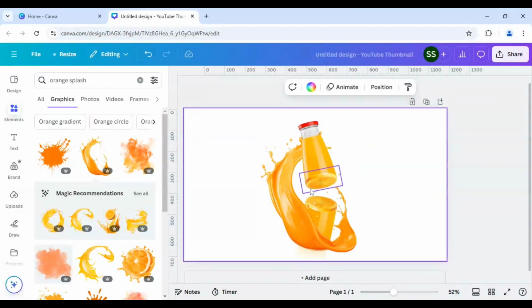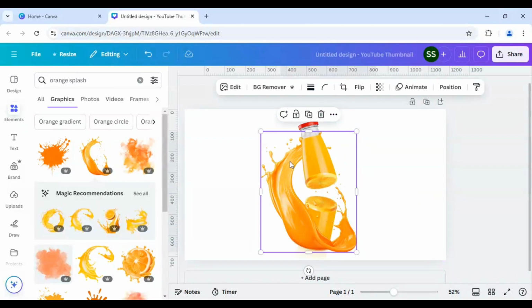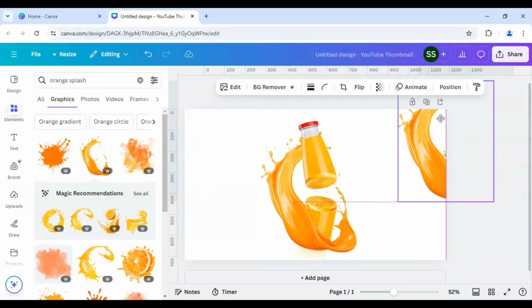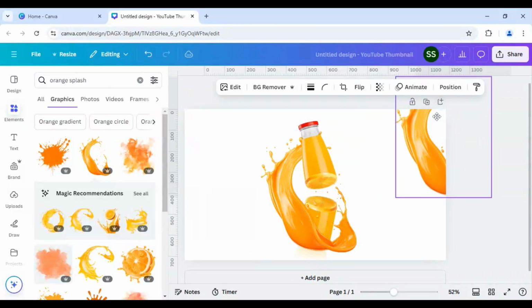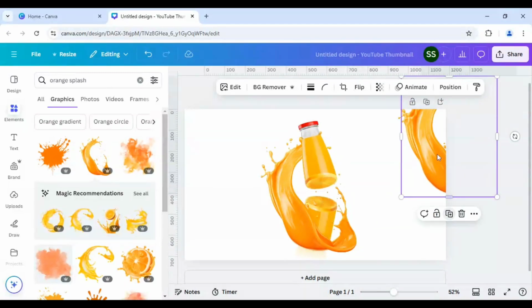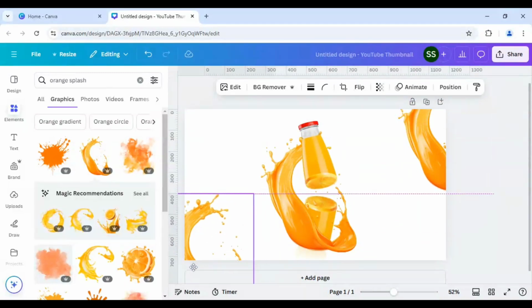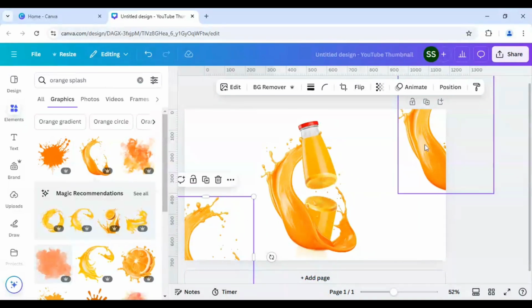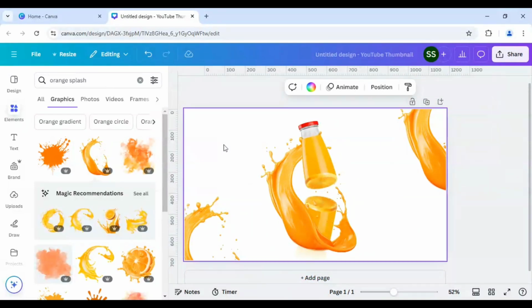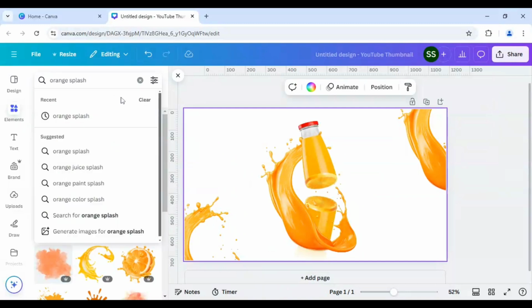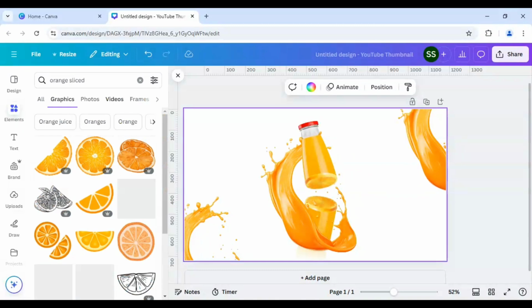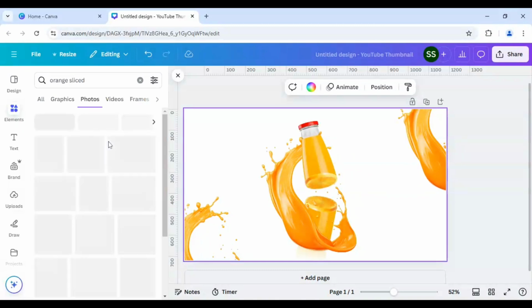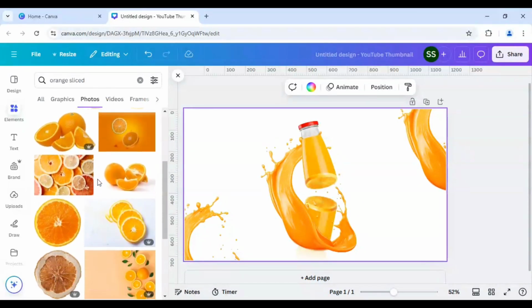Now I will just select this design again and duplicate it and paste it here, and duplicate it again and paste it here, so that this part is showing the left part and this one is showing the right part. Okay, and after that I will write here again orange sliced, and go to photos and scroll down to find this image,